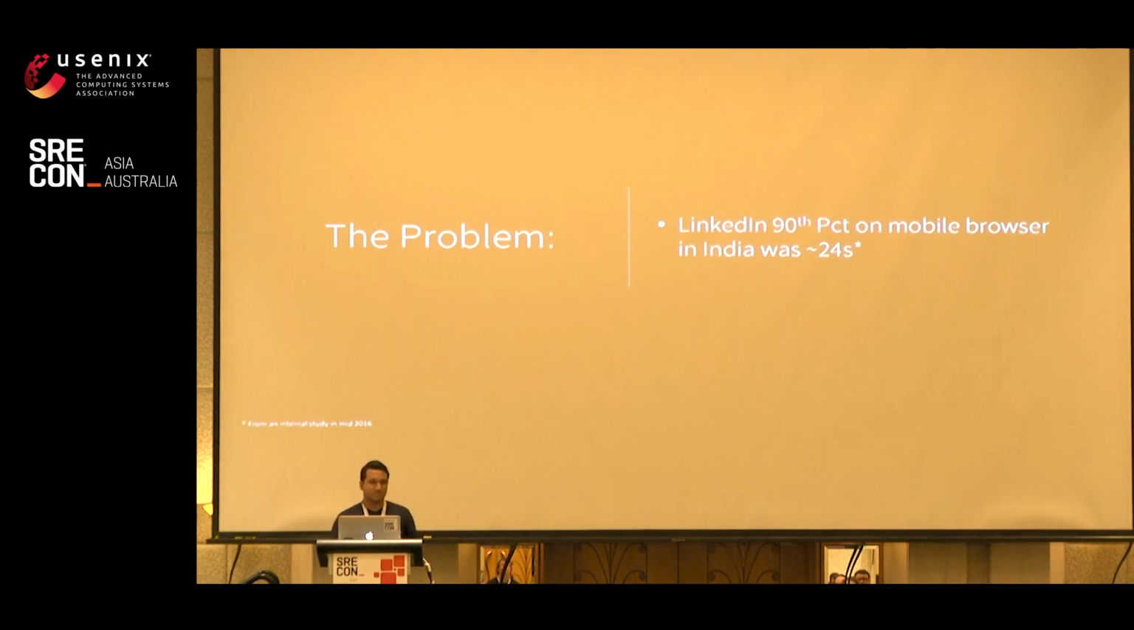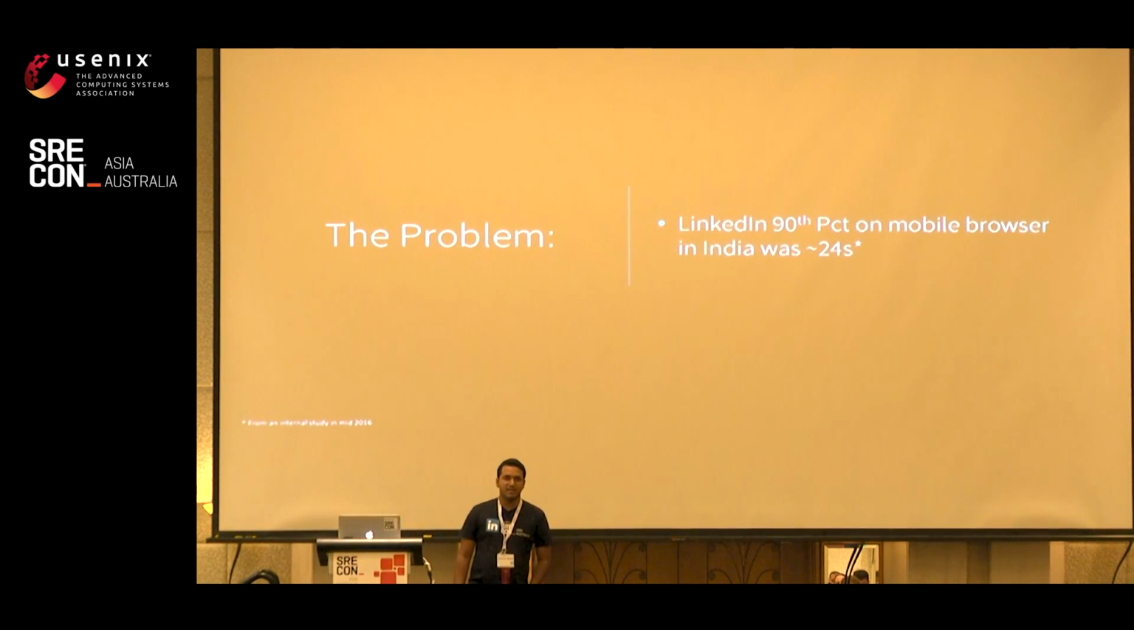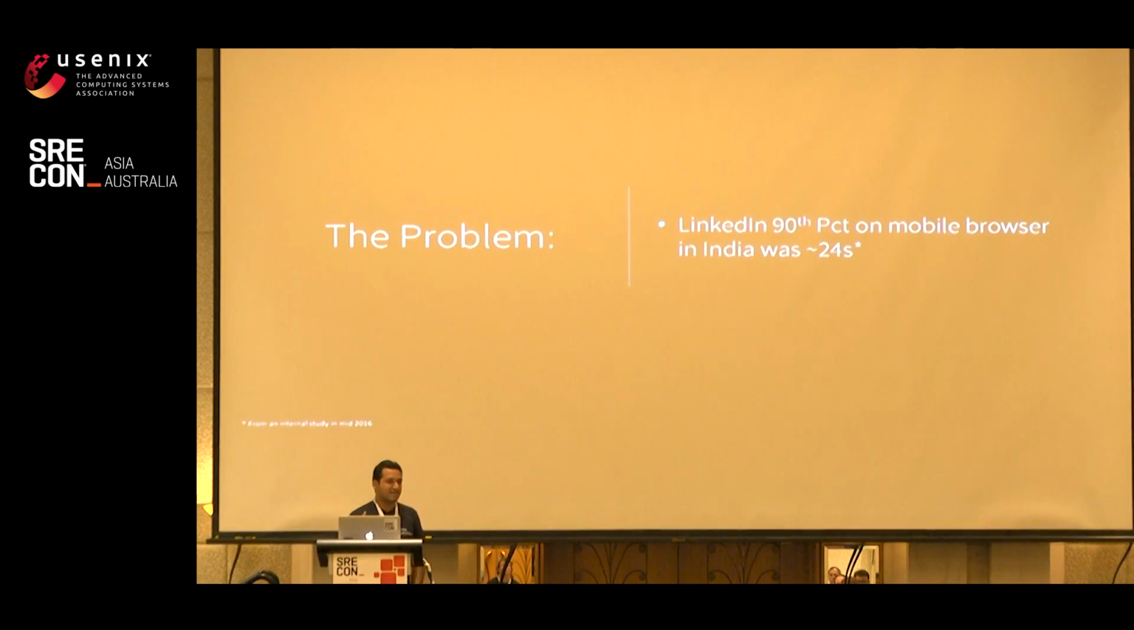So now this was the problem. Back in 2016, when LinkedIn had a major revamp on the front-end side, the mobile website had a 90th percentile load time of around 24 seconds in India. This was discovered during a user experience research in mid-2016. That's when the country head, Akshay Kothari, said this is not going to work, and we need to make LinkedIn very fast in order to capture the Indian market. And thus,